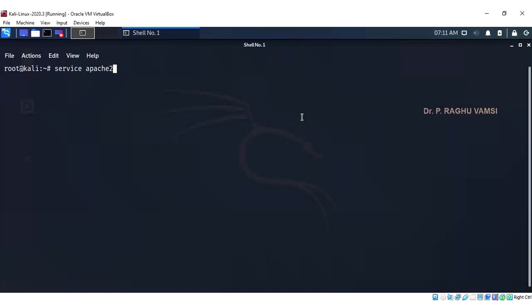Once this mygame.exe is created, run service apache2 start, and the mygame.exe file should be ported onto the Apache server.